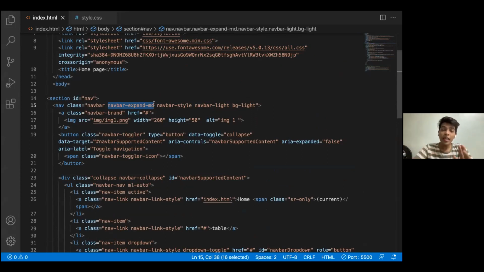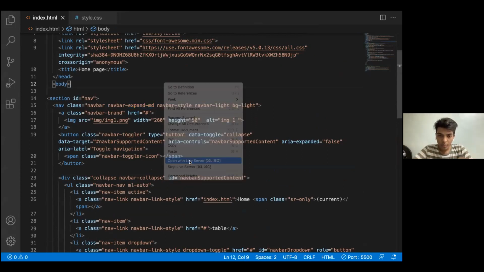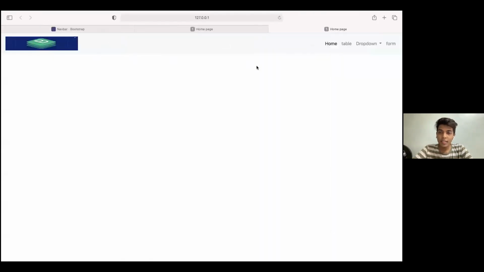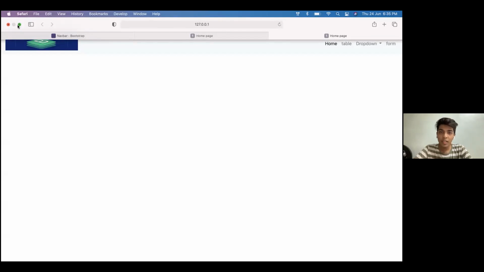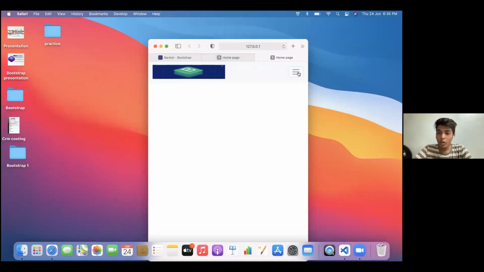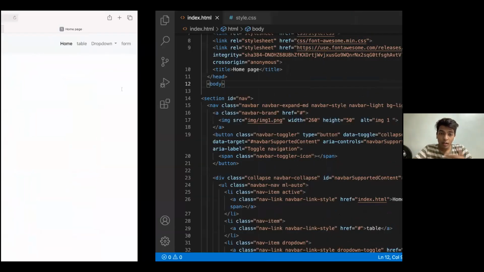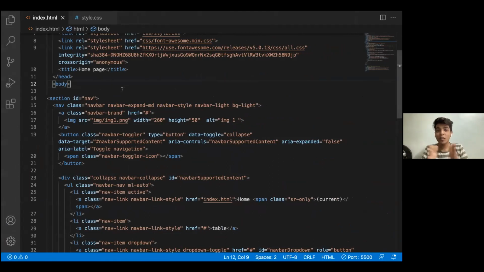So I'll just give you the example of that. Right now I am looking at this part on a desktop, but what if this is something that I've opened on my phone? So I want a toggler to this. So if I want to provide this functionality, I want the navbar to know that it needs to expand when it is on the screen of MD, and it needs to shrink and give me toggler when the screen is smaller than MD. So this line indicates that.